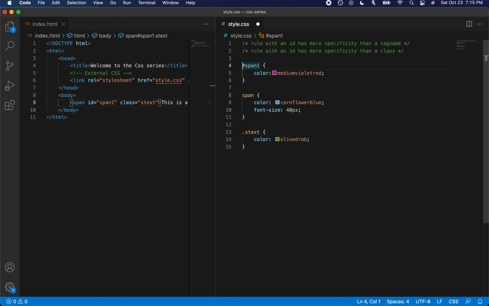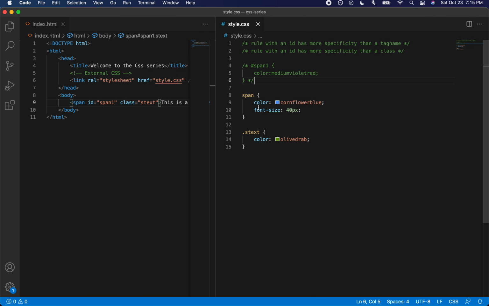And let's do the other combination, where let's compare it between the tag name and a class. So for that, I'm going to comment this out. Commenting is basically like disabling this rule. The browser won't consider this as a rule. If I put a slash asterisk and then an asterisk and slash at the end, it's called a code comment, and the browser is going to ignore this. Now let me save this, go back and refresh. As you can see, between a tag name and a class, the class rule took a higher precedence.